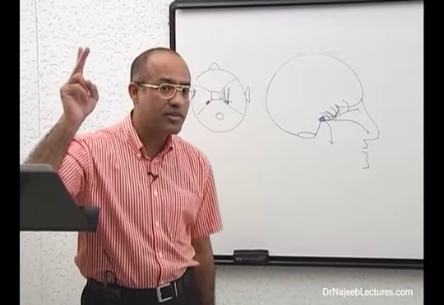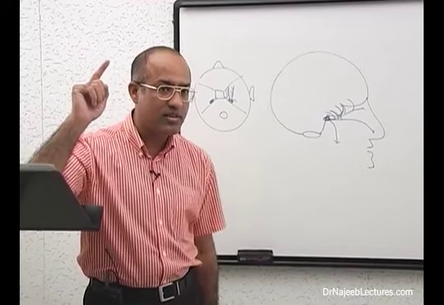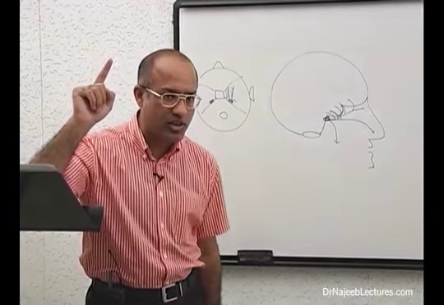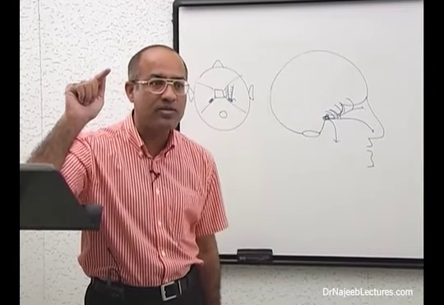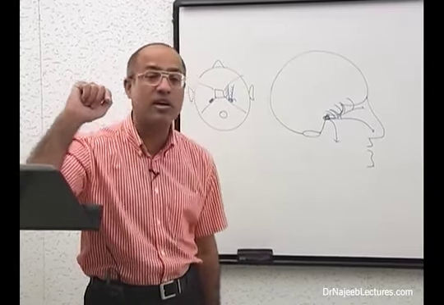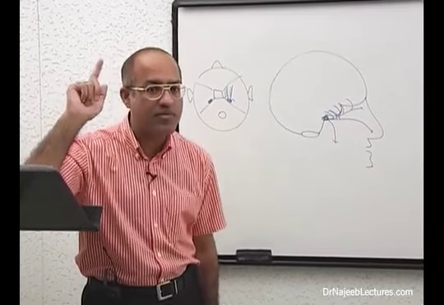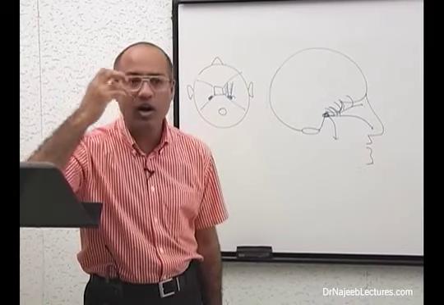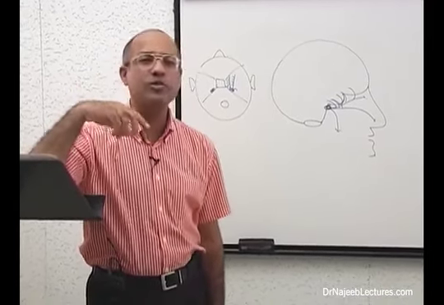So supratentorial dura mater is supplied by the branches from ophthalmic division and maxillary division of trigeminal system, right? So when there are lesions in the supratentorial region of the cranial cavity, and when they involve the dura mater of anterior cranial fossa or dura mater of middle cranial fossa, patient will have referred pain in the forehead or in maxillary region. Am I clear? Opposite to that,